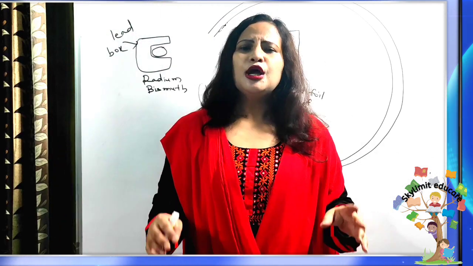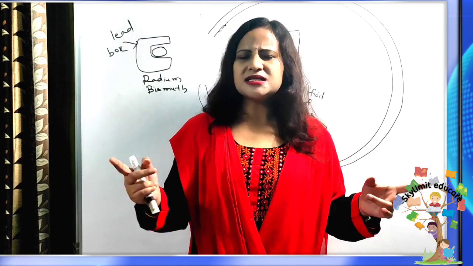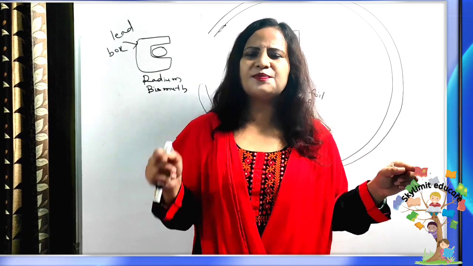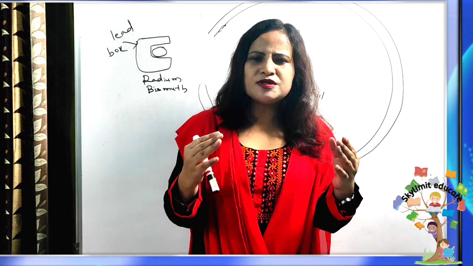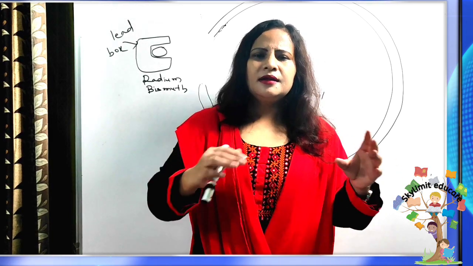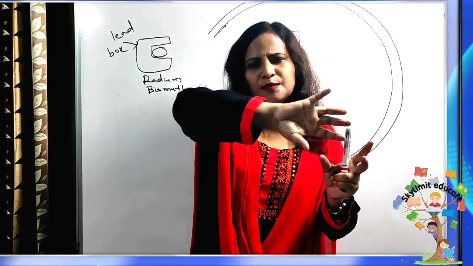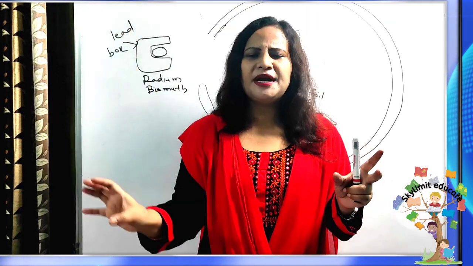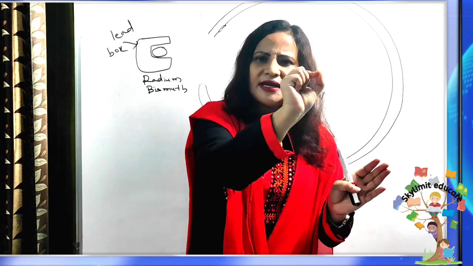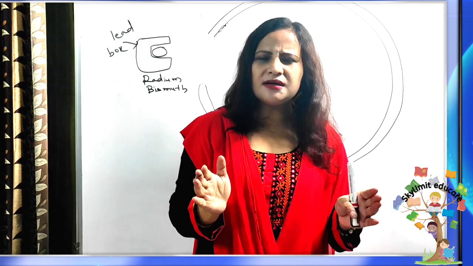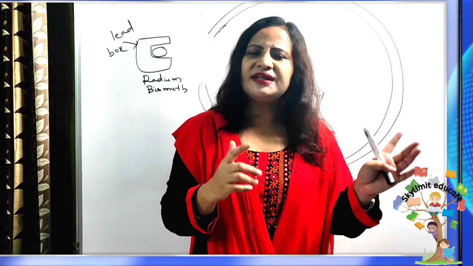During this time, you know which atomic model was prevalent. In the last class we had discussed that Thomson's atomic model was prevalent, and according to his model, what was the proposal made by Thomson? That the atom is completely made up of a positive sphere. That means the entire sphere of the atom is positive, in which the electrons are embedded. That was the atomic model prevalent during these days.